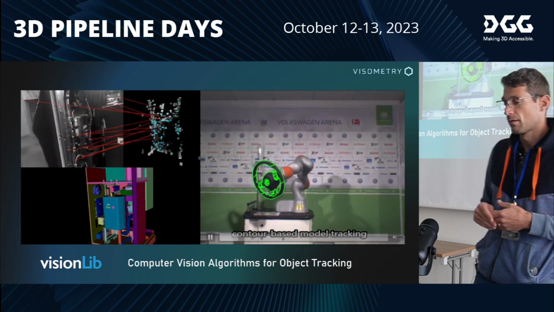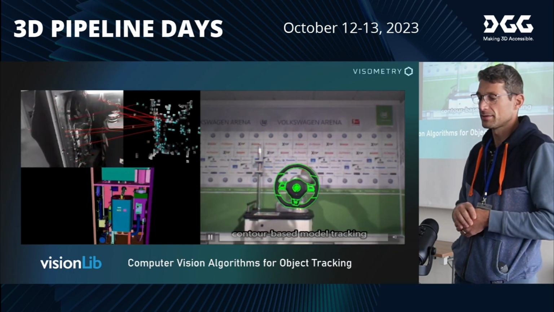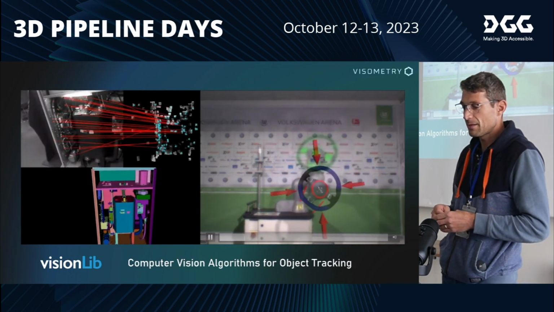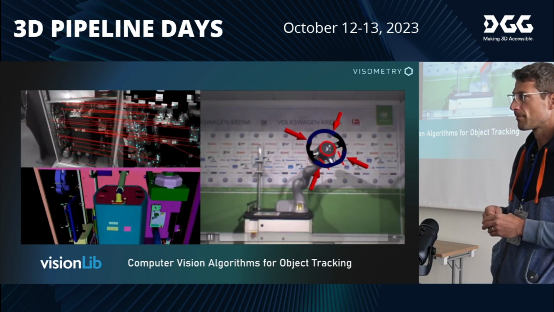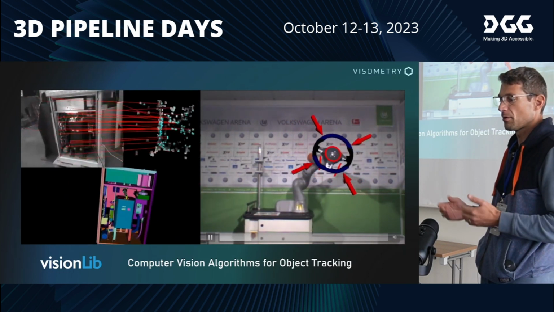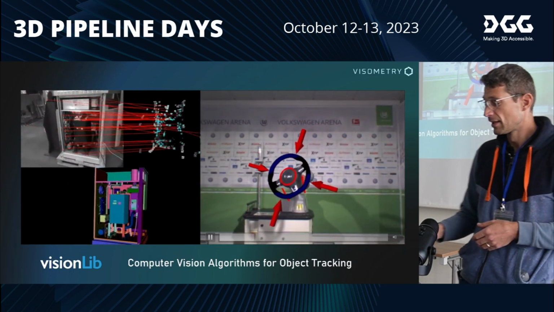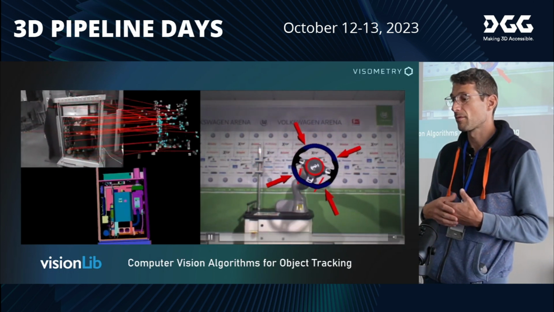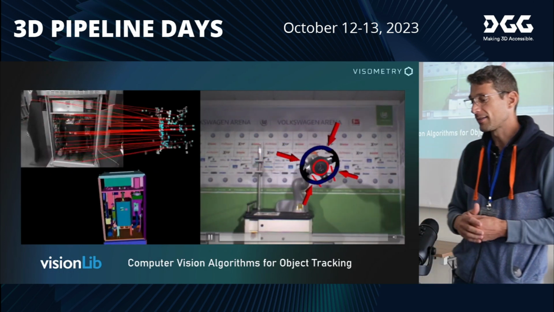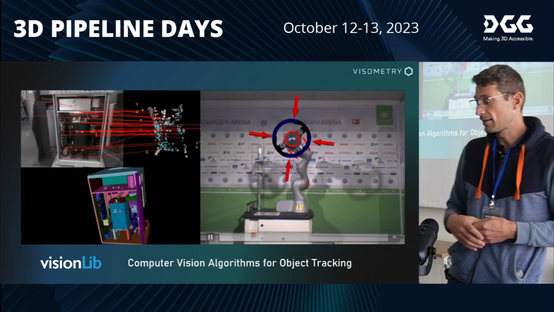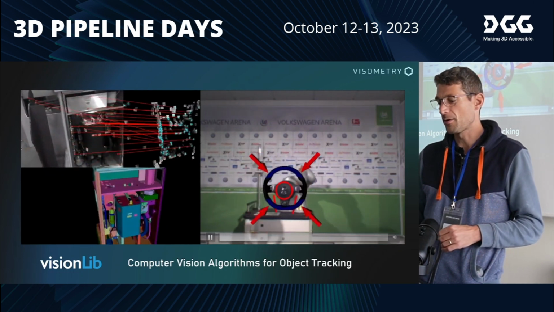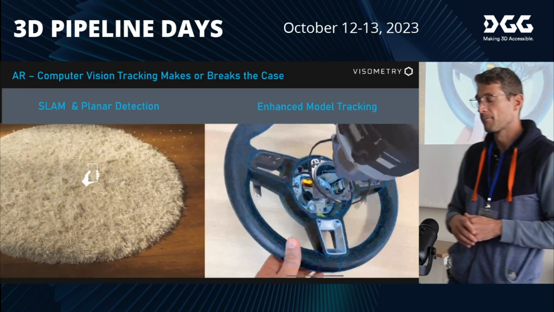And so there were of course also markers or reference images, but for industrial purposes there was always a big demand for using 3D models, which are based on CAD data, as a tracking reference. Because this is the most interesting topic for industrial use cases, we created our first product, the VisionLib SDK, where we mostly concentrate on this model-based tracking.